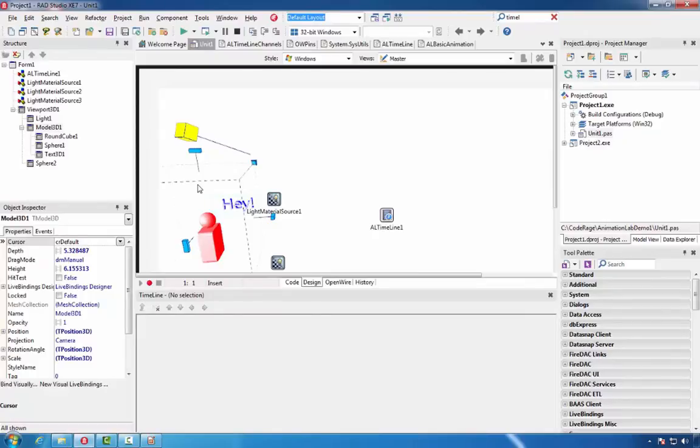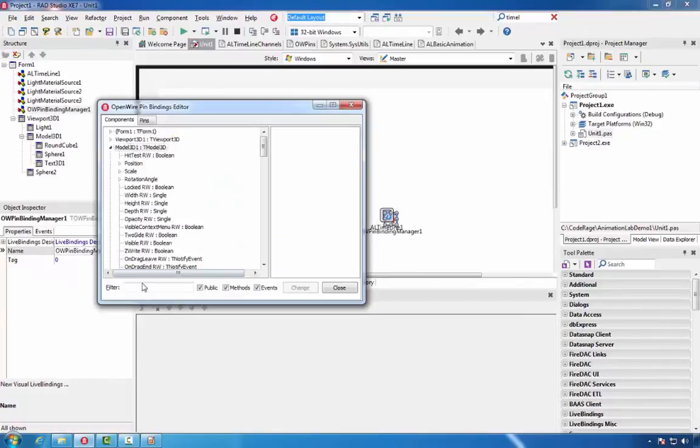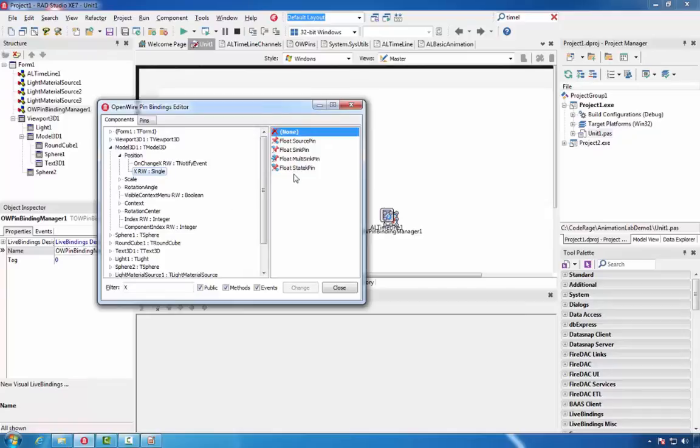Next, we'll select the model and we'll add Visual Live Binding for it. We'll select the X position and we will set floating sync pin.